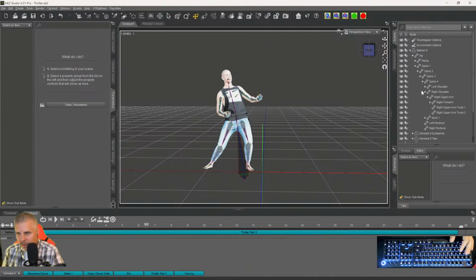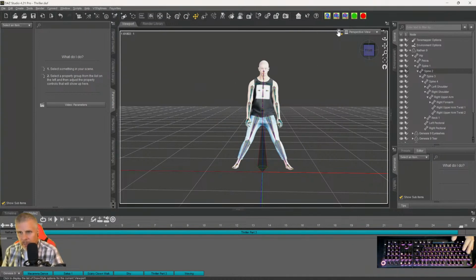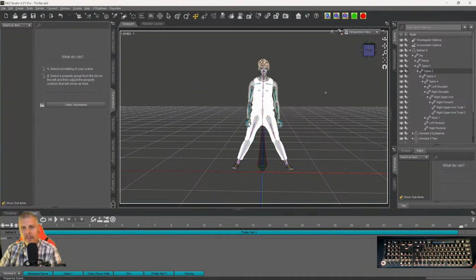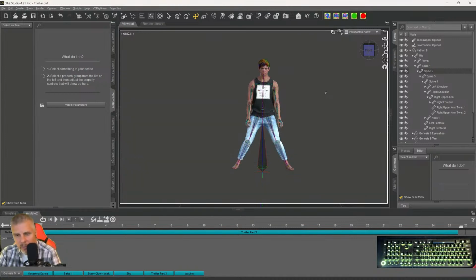Where is his hair? Oh, we're in filament mode. Okay. So let's rewind this back and take a look at him and just see what he looks like again in Iray. Yeah, so this is going to be really cool once we do this. So yeah, it's probably worth going through, even if I have to go frame by frame and move his hand. But I'm going to figure out how to do this